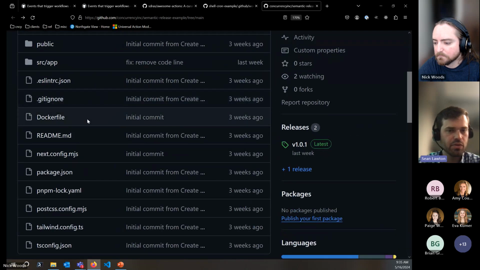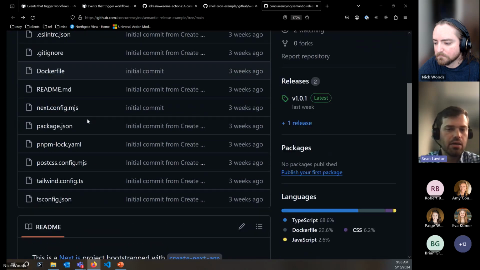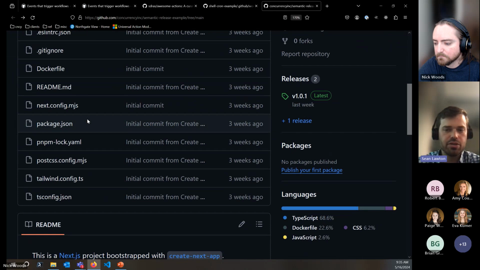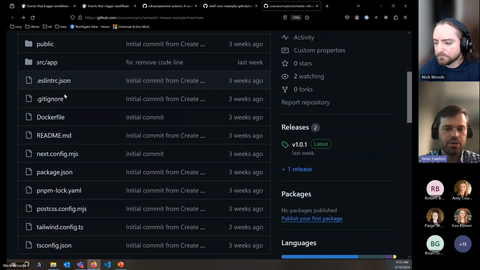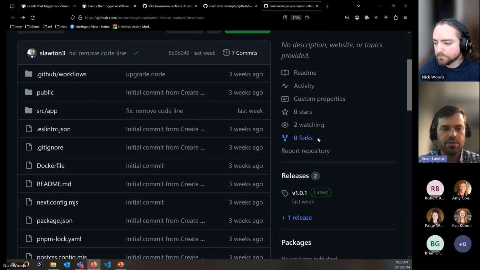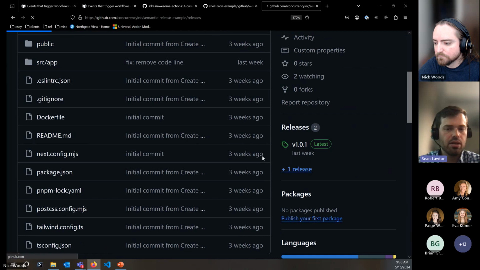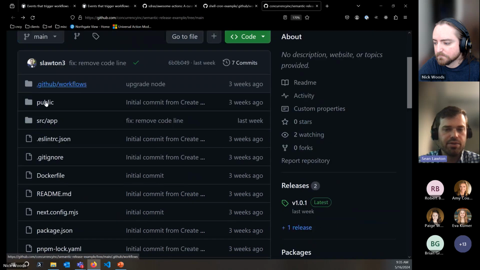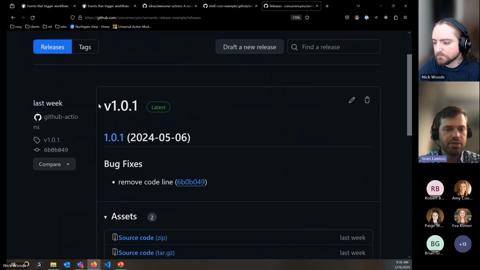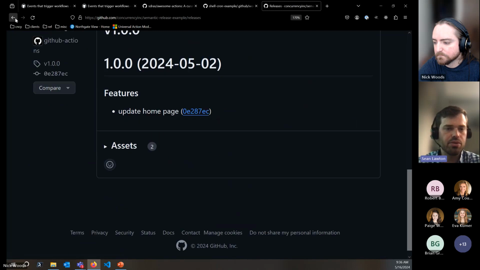Great. Okay. So you can see this is just a Next.js app, basically like a hello world app. And you can see on the right, we've got two releases that have been defined all via commit message. One of them is obviously a major release, and then we have a patch release, right? So if we hop into the